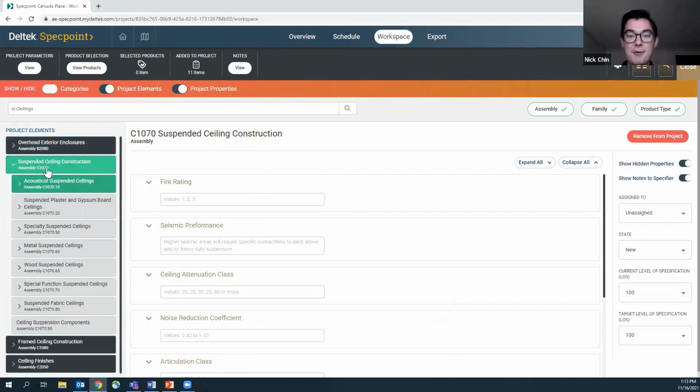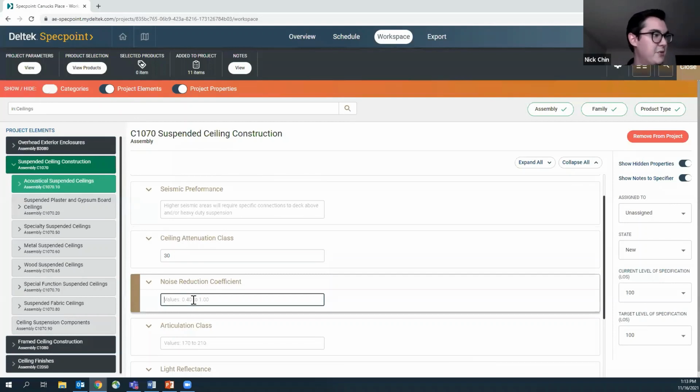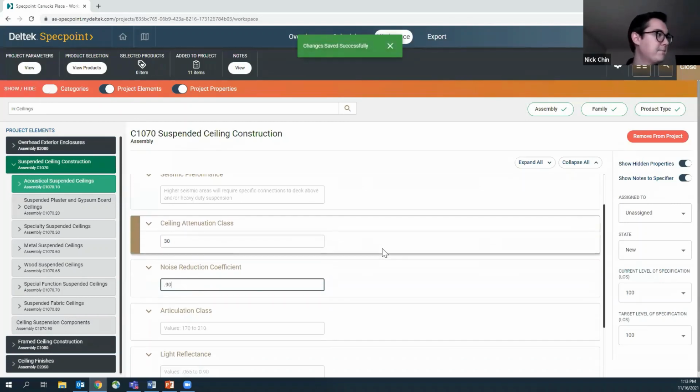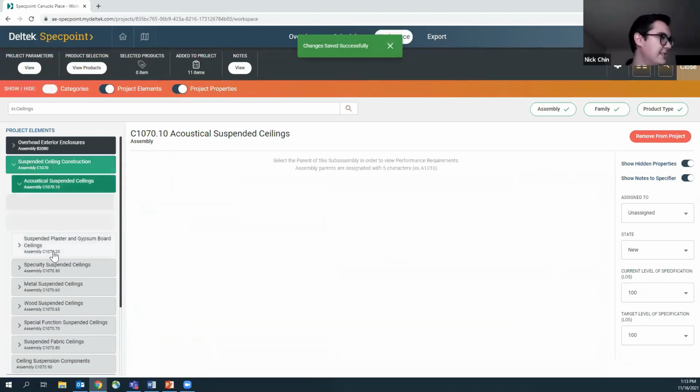We can start to see some performance requirements and the ability to start adding in information earlier in the design. So I'm going to add a ceiling attenuation class of 30. I'm also just going to add a noise reduction coefficient of 0.9. Okay. So as we start to dive deeper into the assemblies and sub-assemblies,